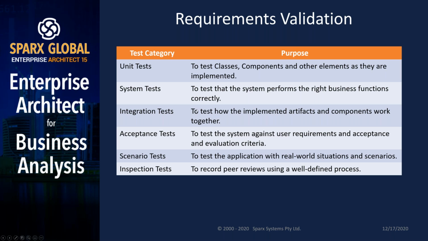In Enterprise Architect, the tool itself supports different test categories like unit tests, system tests, integration tests, acceptance tests, scenario tests, and inspection tests. The purpose of each of these tests is seen on the screen. As you know, for a unit test, you can create different fields in a class. For example, say it's an address component in a class for a person. An address can have a zip code. So what is the unit test? It can be that the zip code should be of this format type. That's an example. Then we have system test,